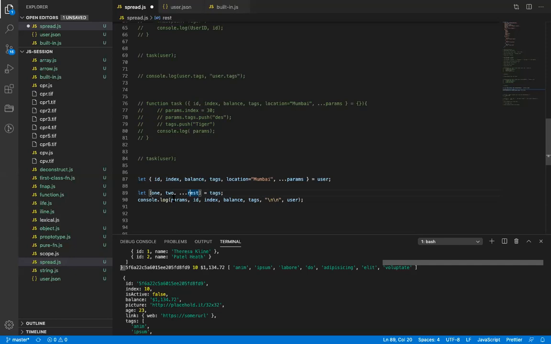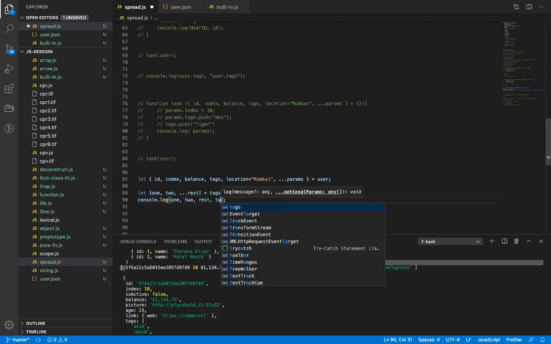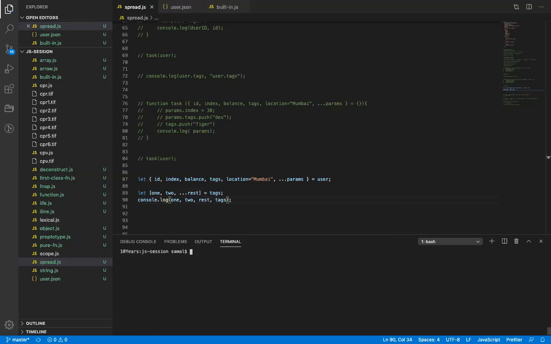Now if I print this, 1, 2, then rest, and let's also print tags. You see this, 1, 2, and here is rest. But in the original you see 1 and 2 are already there, and from here it started. I hope this is clear now.